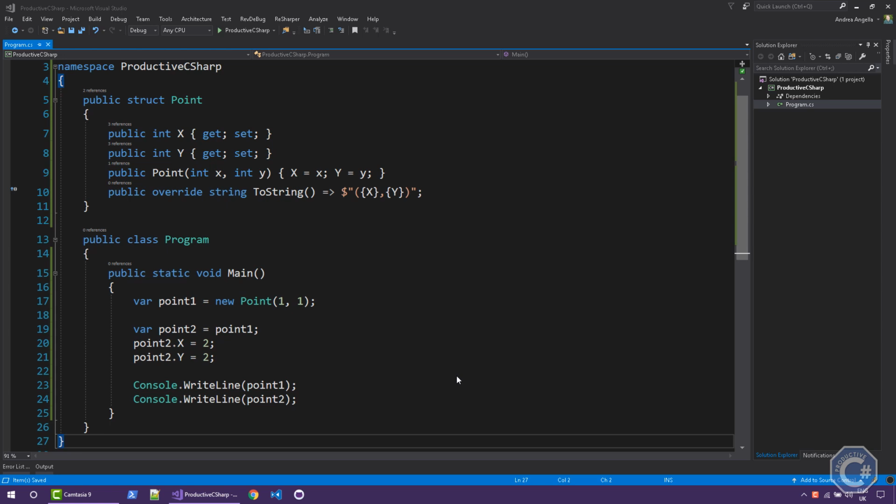Let's start with this console application, and I have defined a value type called Point. In order to define a value type, I'm using the struct keyword in C#. This type contains an X and a Y that basically represents a point in space. There's a constructor that takes an X and a Y, and there is a ToString method that basically returns a